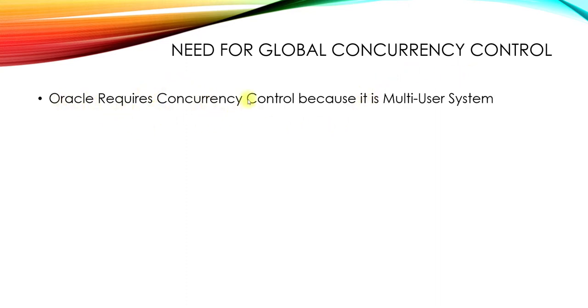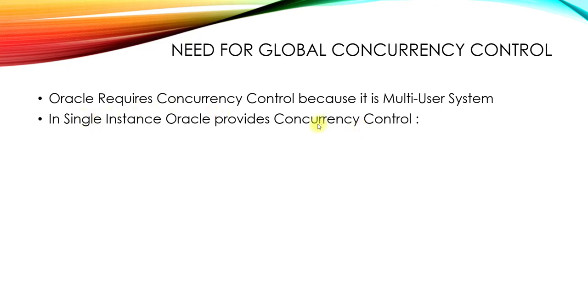Oracle requires concurrency. The word itself gives a big meaning to it. Concurrency means making sure the objects are intact, not corrupted. So we need to make sure that objects are used by multiple systems but shouldn't corrupt or block each other. So Oracle requires concurrency control. Why control? Because this is a multi-user system, because there are multiple nodes, as we all know.